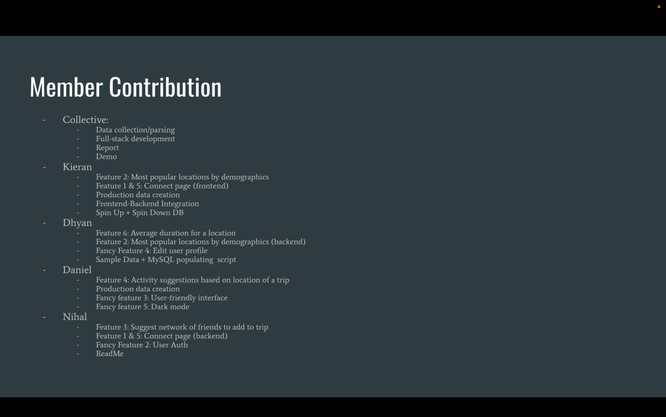I worked on the data production and spin up, spin down, so those were the Python scripts. Yeah, I worked on feature 6, the average duration for a location, and feature 2, most popular location by demographics. And then additionally, I also worked on the fancy feature for editing user profile and created the sample data and